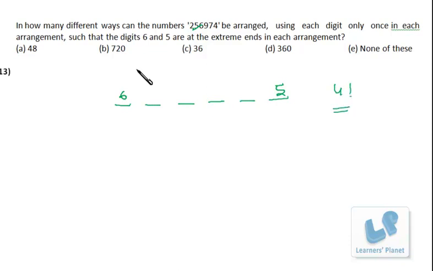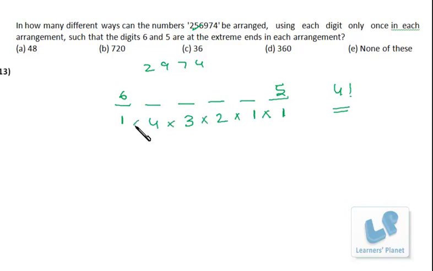Or otherwise you can think it's 2, 9, 7, 4. For this place we have one choice, just we are putting 6 over here. For this place we are putting 5, so we have one choice. For this place we can put any one of them, that is 2, 9, 7 and 4, so we have 4 choices over here. At this place we have only 3 choices because we cannot repeat the numbers, and one of the numbers we have put over here. Similarly, we have 2 choices over here, and then we are left with 1.